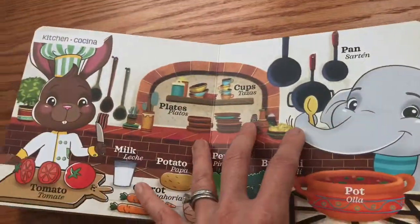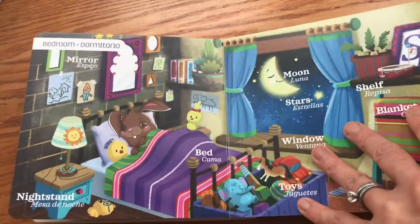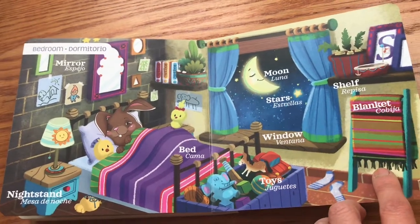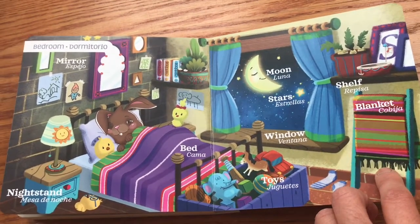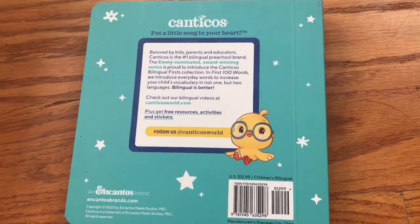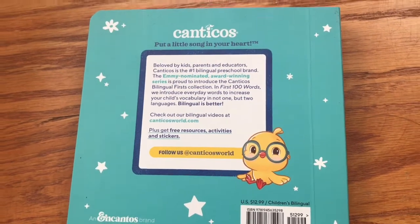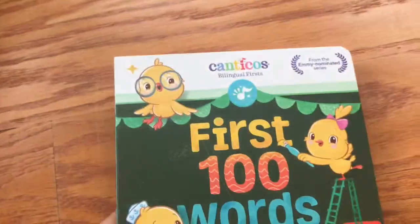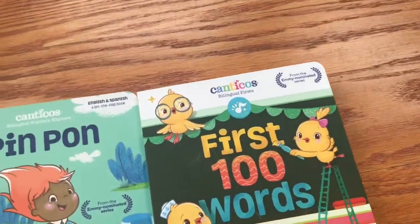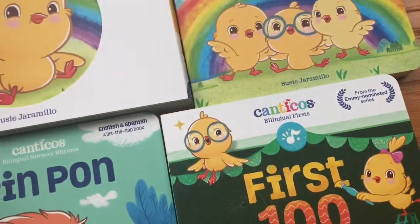I know my kids were exposed to Spanish and Chinese when they were young. They didn't retain that much, but I feel like any kind of exposure seeps into the brain and helps lay a little foundation for learning languages. And so this is great. So a preschool board book series that's really focused on Spanish, English, bilingual skills, with a tie-in also of a